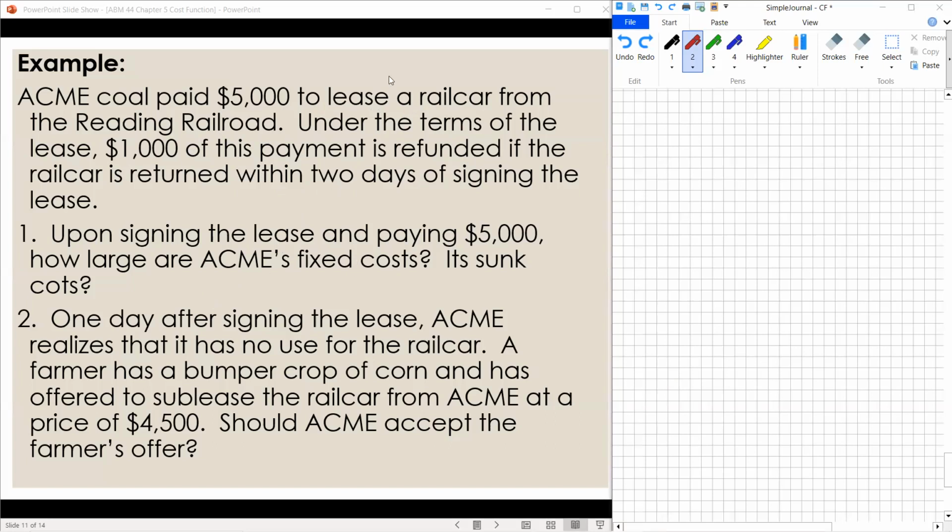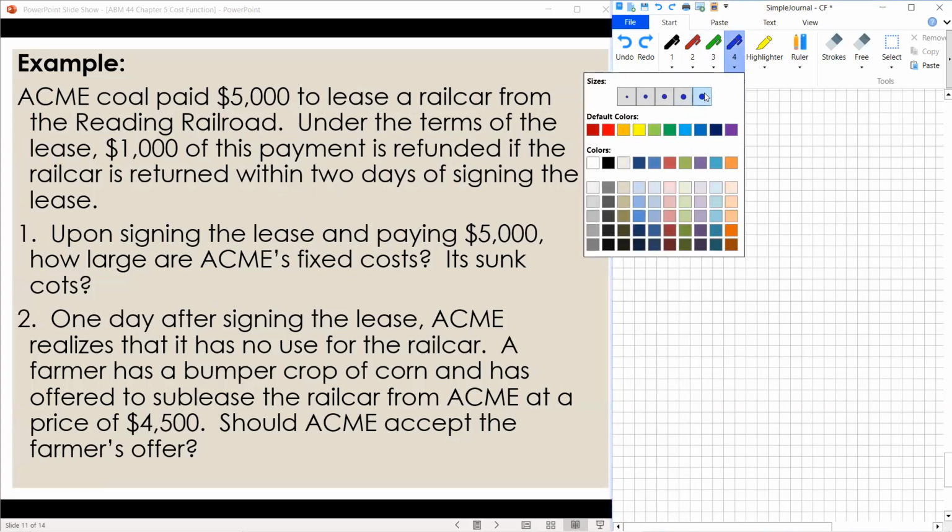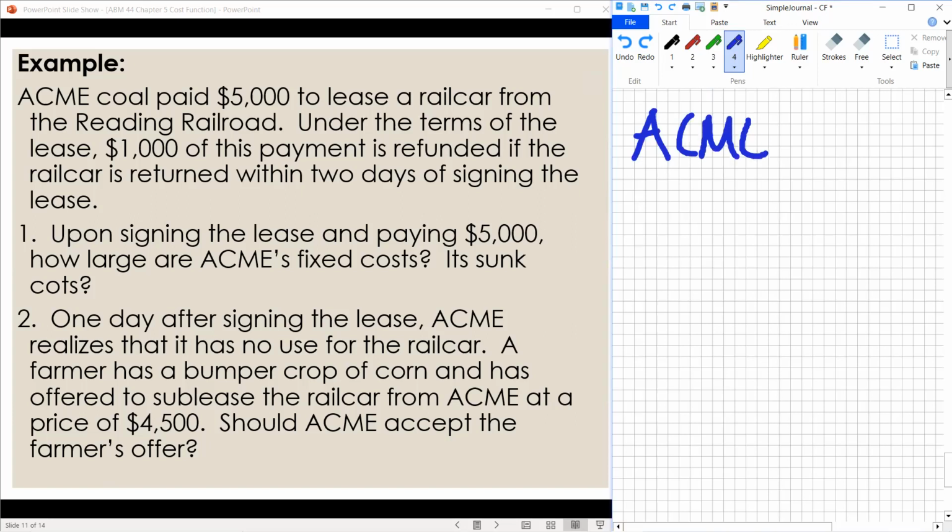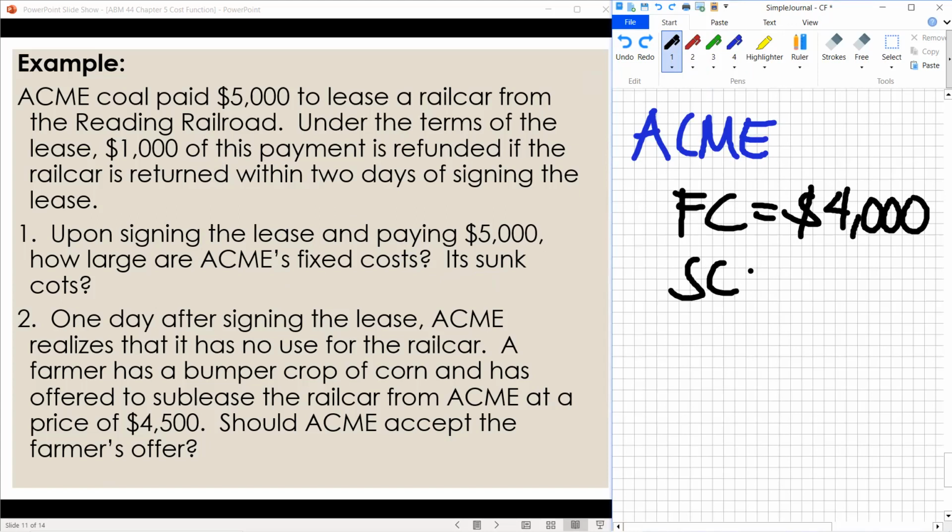What do you think? Based on the given, I'll try to write this one down. So for Acme, the fixed cost would be, okay, we have 5,000. Upon signing the lease and paying 5,000, how large is Acme's fixed cost? That would actually be 4,000 because mubalik man or ma-refund siya ang 1,000 after 2 days daw. So what do you think is its sunk cost? Fixed cost of 4,000. Probably its sunk cost would be